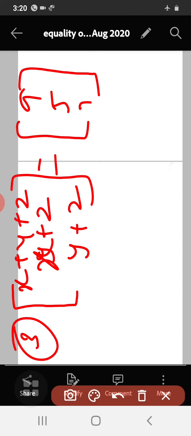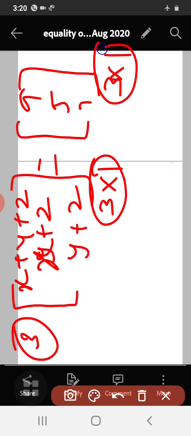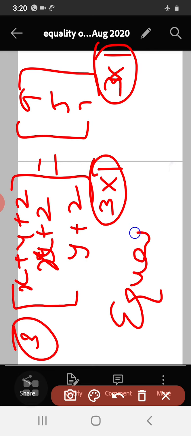See, these two matrices are equal. What is the order here? Let me write this: here 3 rows and 1 column is there. Here also 3 rows and 1 column. So the orders are equal, so the matrices are equal. So what do we have to do? Here we have to write by equating the corresponding elements, that I am telling repeatedly.